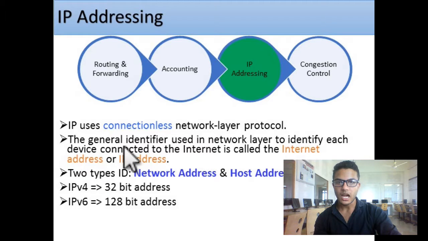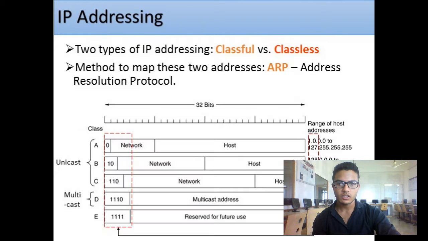The major job is IP addressing. It is the general identifier used in the network layer to identify each device connected to the internet, and it is called the IP address. There are two types of IDs: network address and host address. There are two types of IP addressing mechanism: classful and classless. In the classful addressing system,